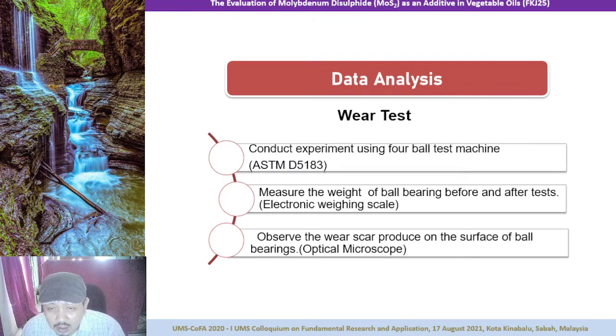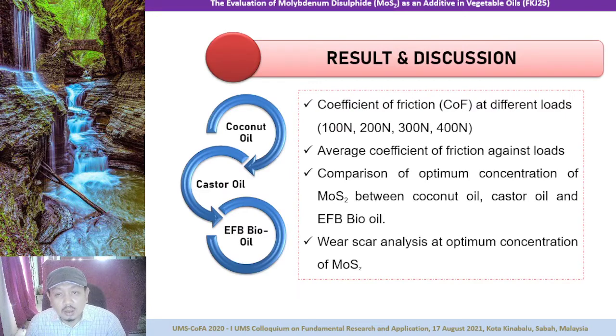For the wear analysis, we use the same test, but we measure the weight of the ball before and after the test using an electronic weighing scale, and observe the wear scar produced on the surface of the ball bearing using an optical microscope. So this is the result: the coefficient of friction at different loads, the average coefficient against load,